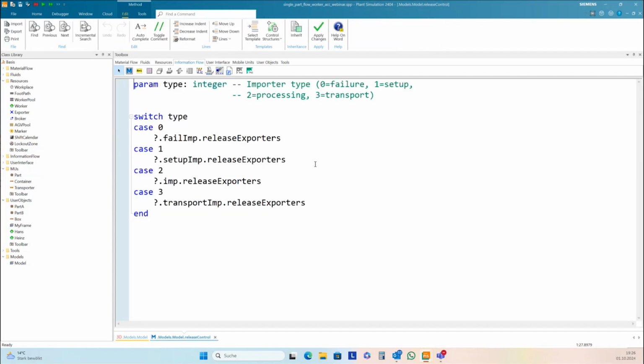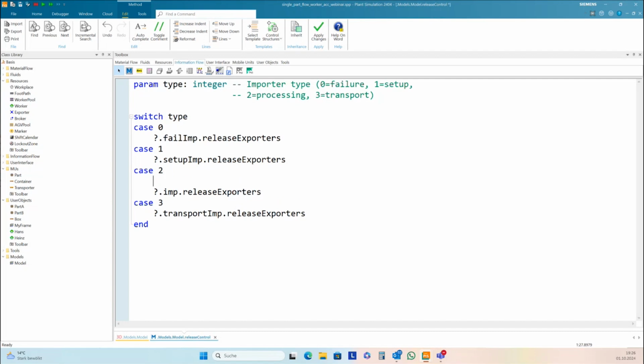And here it's already prepared for us. We now have the processing importer. This is case 2. And I want to switch on the automatic mediation.